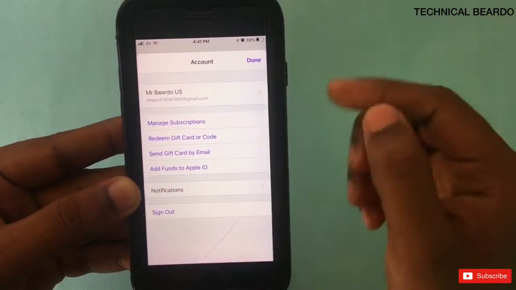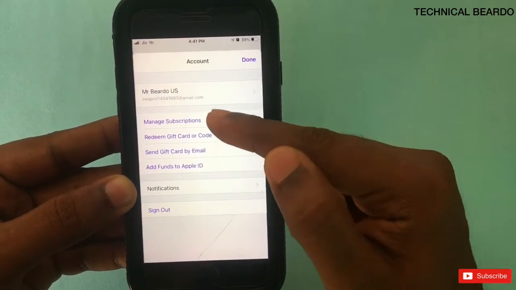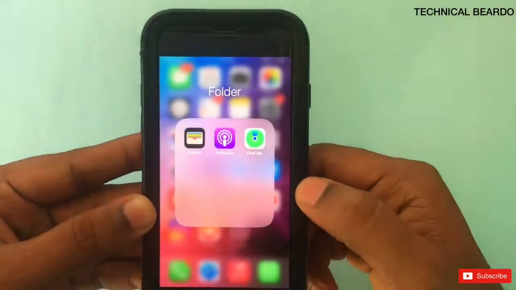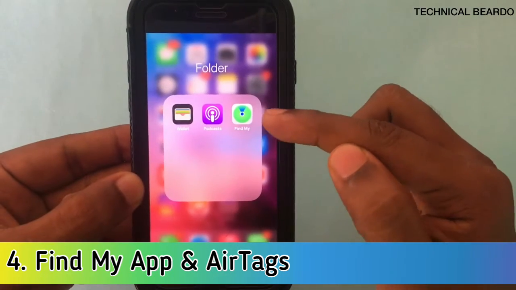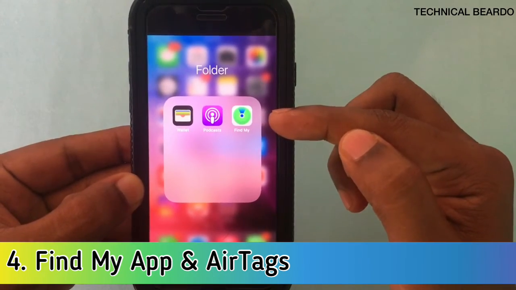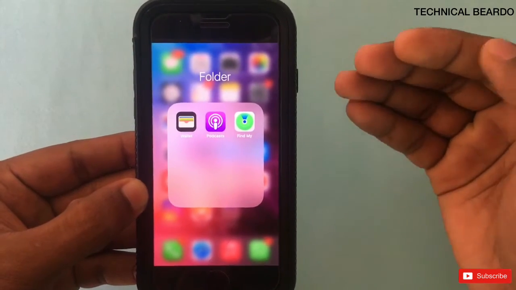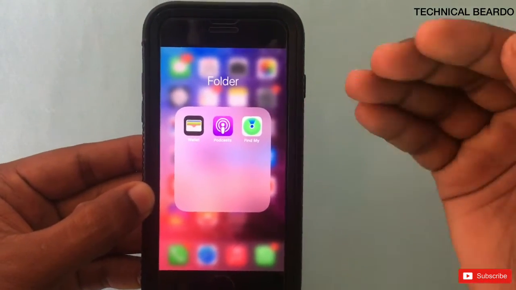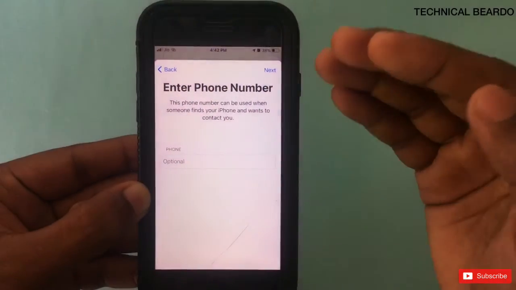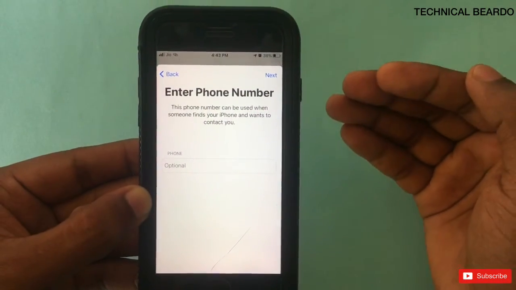So here after iOS 14.6, the feature has been added for your individuals. The fourth feature I'll be talking about today is about your Find My application and AirTag. So guys, earlier in the Find My application, in lost mode for your AirTags, there was only one option of entering the mobile number. So whenever your AirTag is lost, the person who finds it can contact you